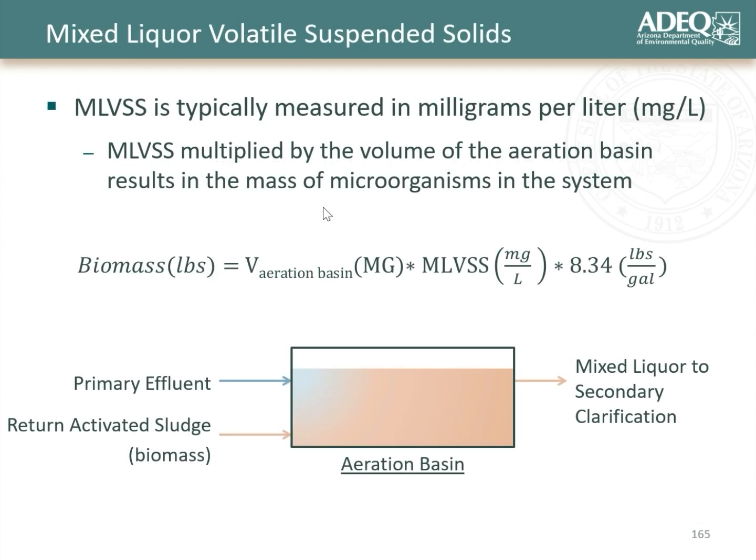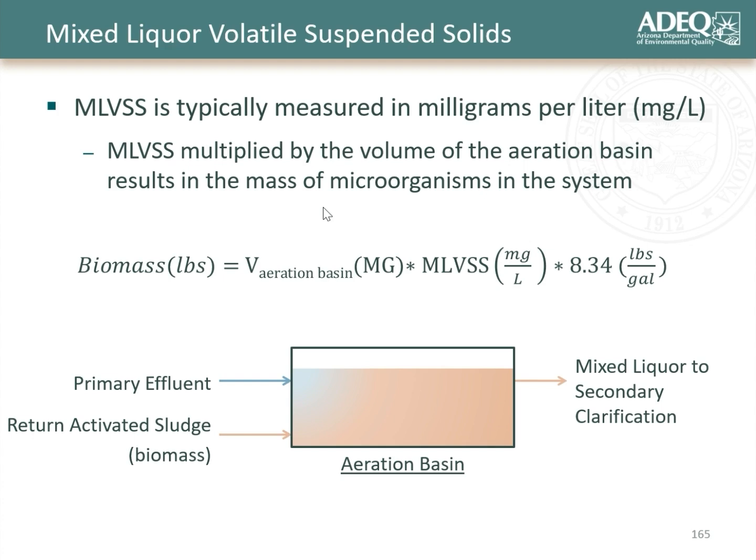So if we want to measure using the measurements, once again, we can use the MLSS or the MLVSS. In this example, we're going to use the MLVSS, which is the volatile fraction of the mixed liquor suspended solids. And there's a good argument for it because it's the organic content being measured. That's a better approximation